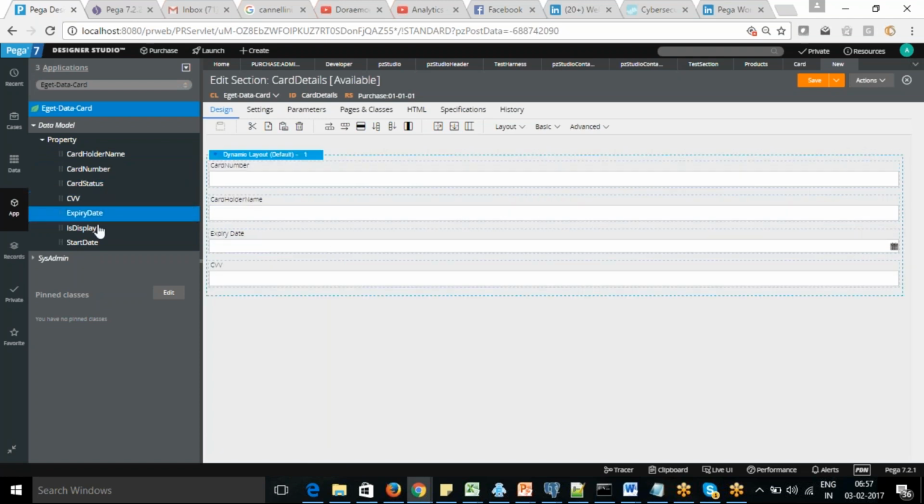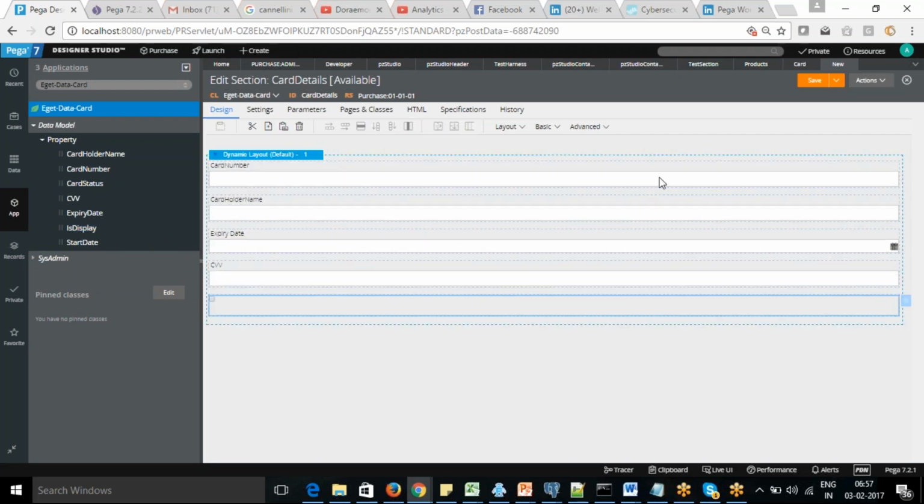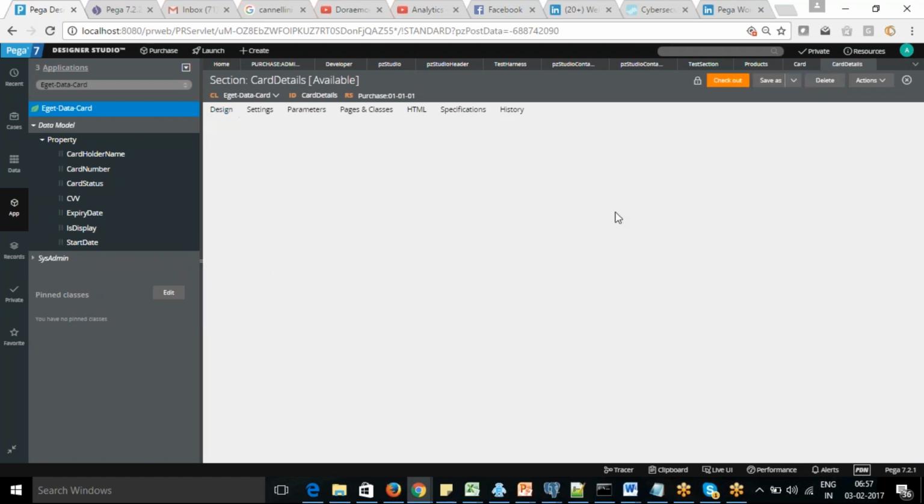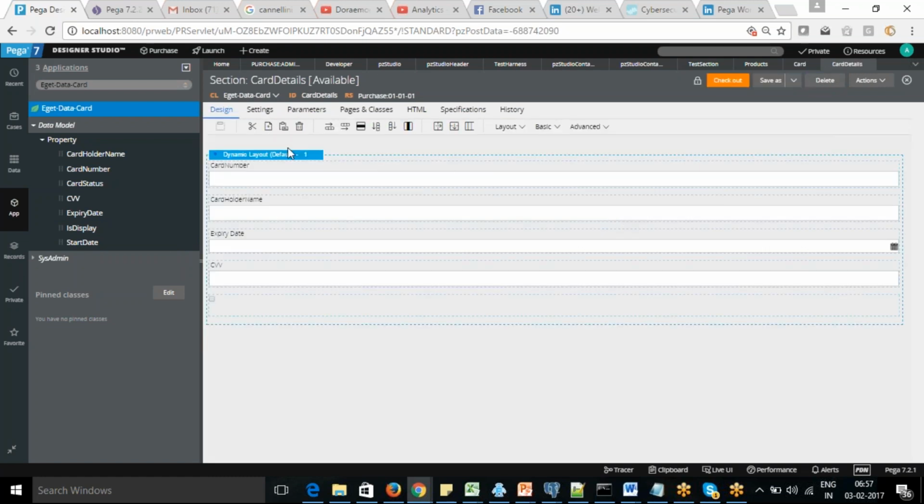Okay, this is the field I want to display, and actually it is displayed as well. So it will pick up that one to display that field. So this is how I am able to create the UI for it. And if I want to change the look and feel of it, I can change. Say I want to display the expiry date and CVV in the same place.